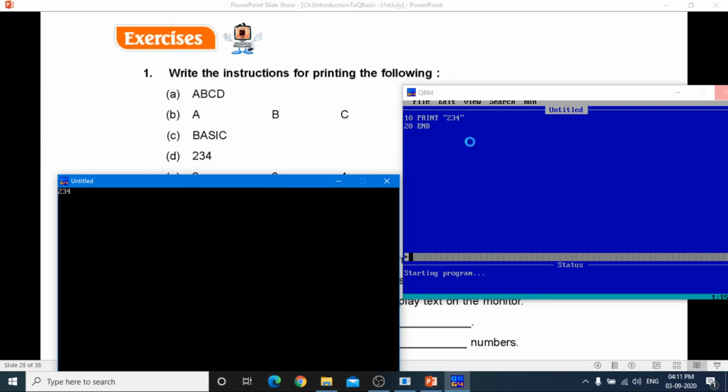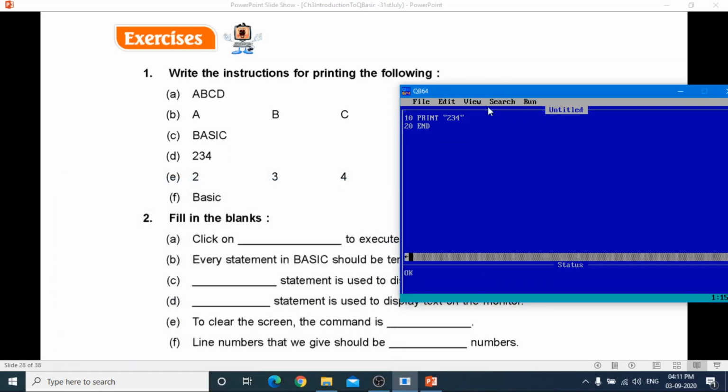If you want to show anything as it is without any gap from the screen, just put it in between double quotes after print. Okay, next is you have to print 2, 3, 4 with gap. So for that, just remember what we have done for B part. The same thing we will do here.